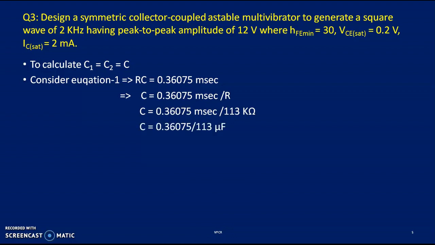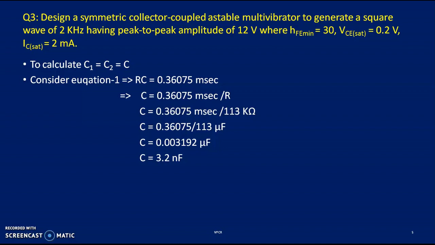How? Milli means 10 to the power of minus 3. Kilo is in the denominator, that is 10 to the power of 3. When it goes to the numerator, it will become again 10 to the power of minus 3. Already there is a 10 to the power of minus 3 and this 10 to the power of minus 3. Both the powers will be added. You will be getting 10 to the power of minus 6. That is how you got micro. Obviously seconds by ohms will give the farad. So now you got the C value, C value as 3.2 nanofarad.